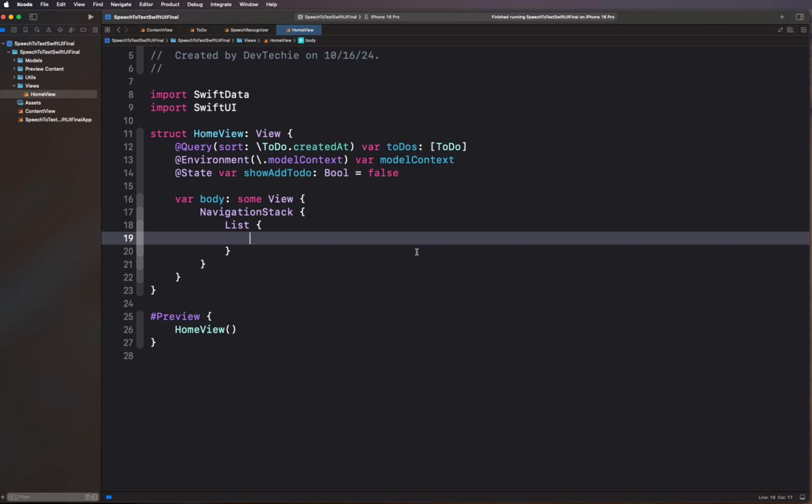And if this to-dos array is not empty, in that case, we're gonna apply a for each and display all the to-dos one by one. Okay, so we're gonna simply have if to-dos dot is empty, then we're going to take our content unavailable view,